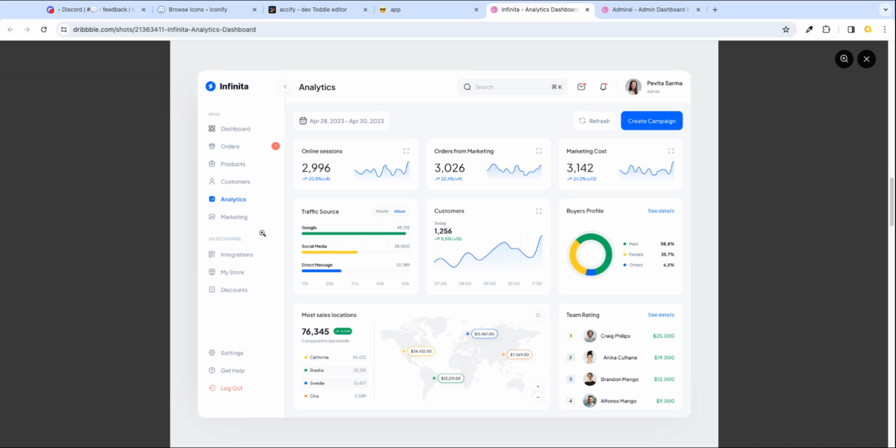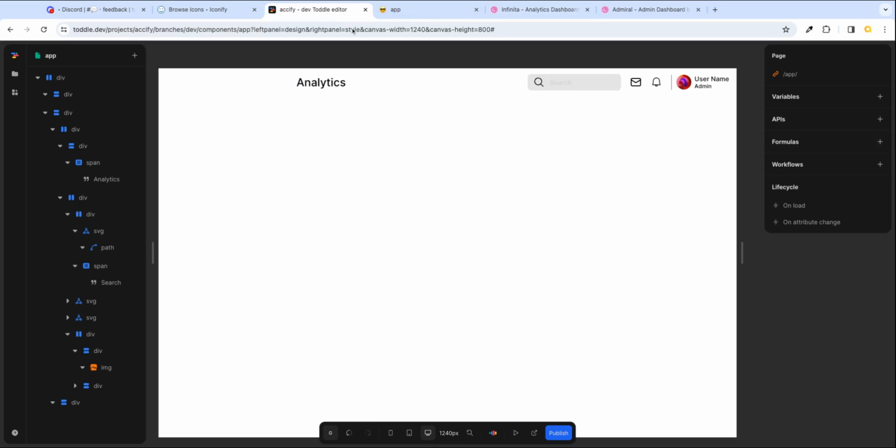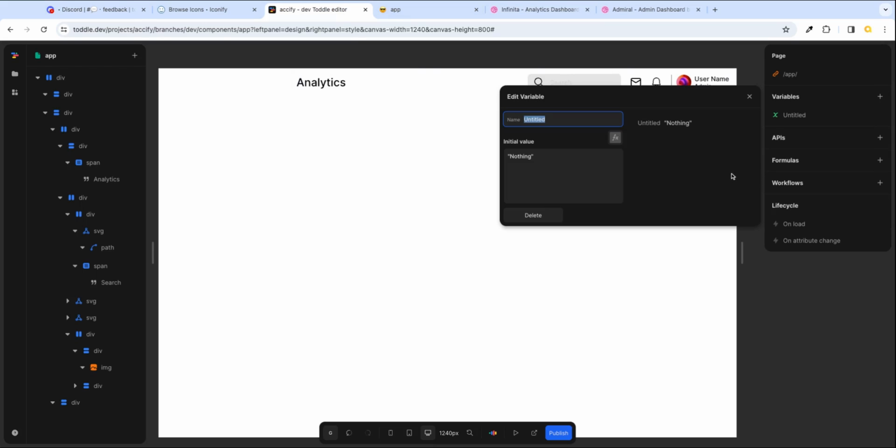What is interesting though is the way that this is broken down into menu and sales channels. We're obviously going to deal with that, but let's just deal with this section of the navigator now for these options: dashboard, orders, products. So let's have a look at that. I'm going to create a new variable by clicking plus, and it wants me to give it a name, so I will give it nav